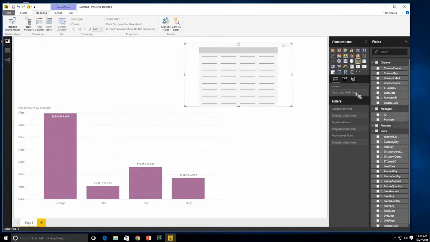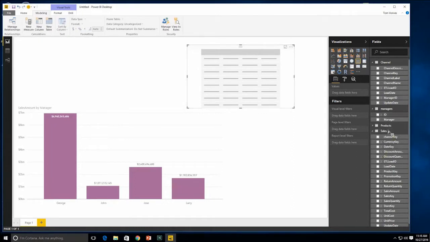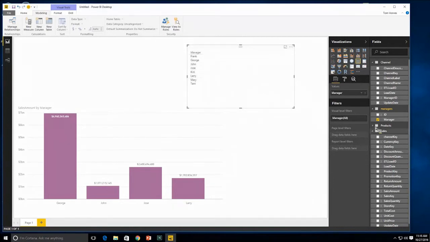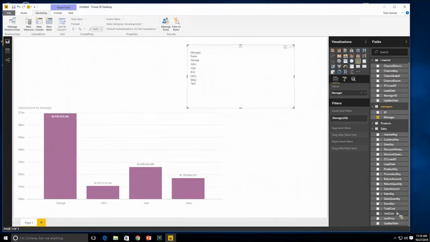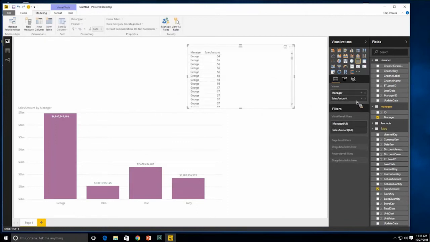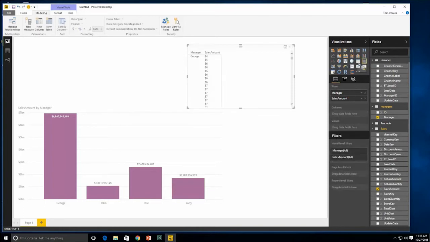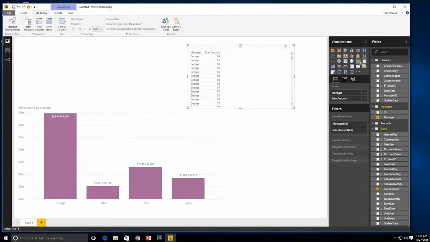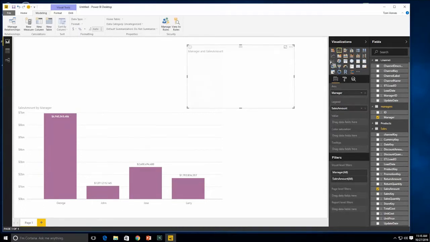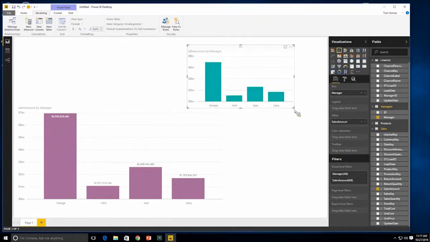I'll put some values over here in this grid for our table. How about if we put our manager name, and then we'll slide on down here to sales, and we'll put our sales amount in there as well. Yeah, let's see now. We have the manager name and the sales amount. How about if we try something like this? Well, I don't like that either. Let's try something like this here. Now you can see automatically it starts recompiling the data for us as we start loading it with certain values. It's pretty slick and easy to use